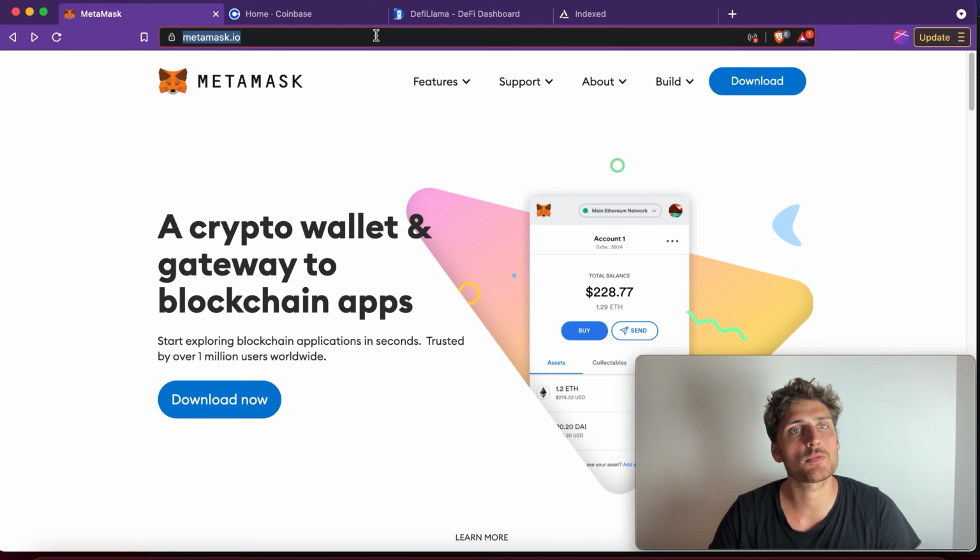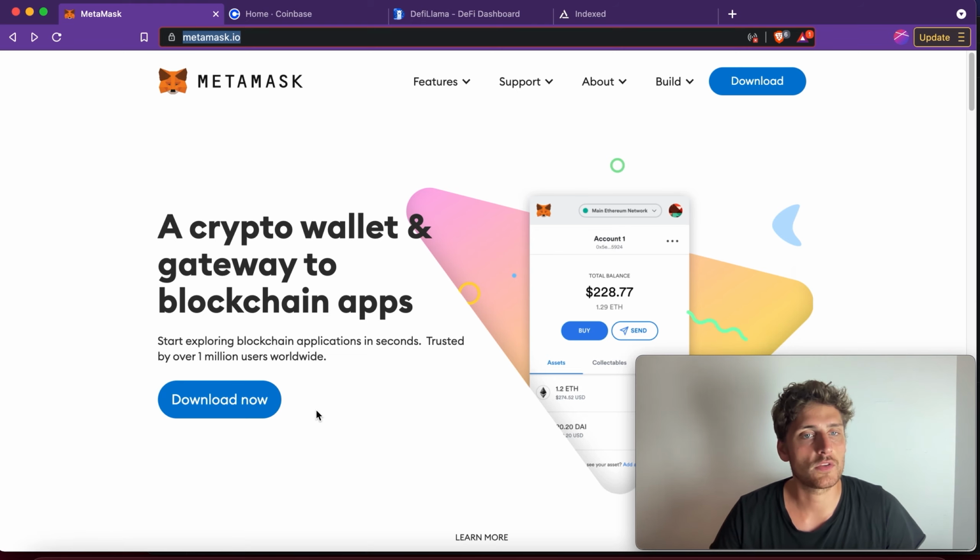For example, if you search MetaMask in Google search, make sure that you don't fall for any ad that promotes a false MetaMask website, because they could basically steal your funds. If you download a wrong version of MetaMask with some malicious code installed, they could steal your funds. And you're going to understand how that works a bit later in this video when we cover the concept of a recovery phrase. But for now, you just need to know that it's important to head to the right version